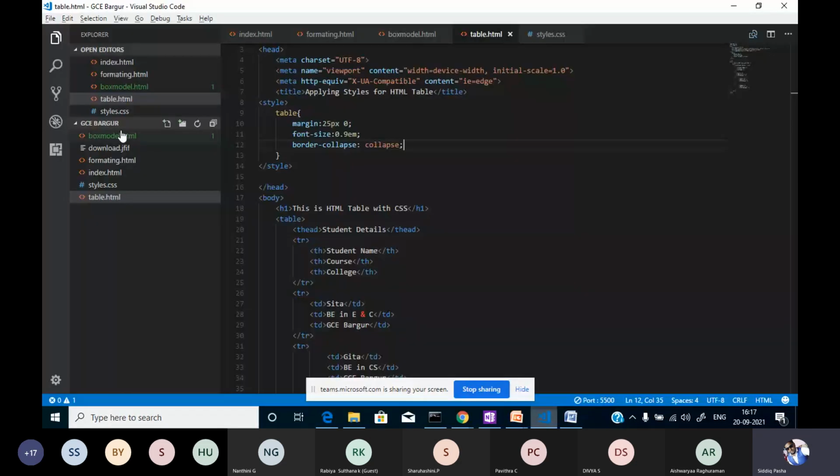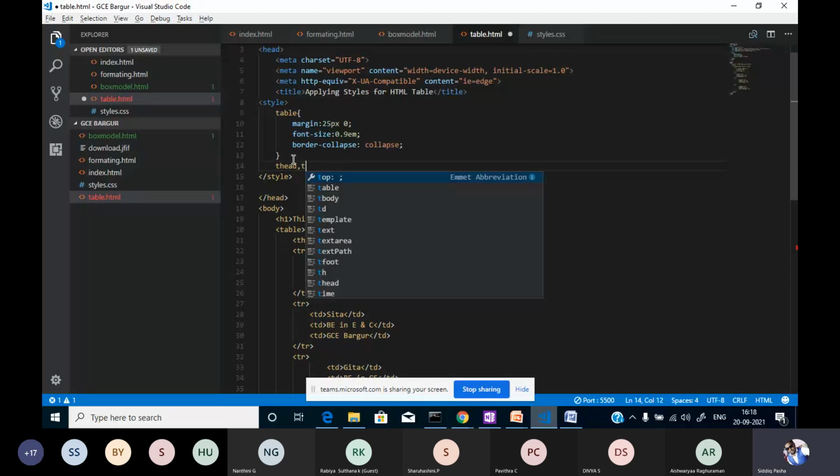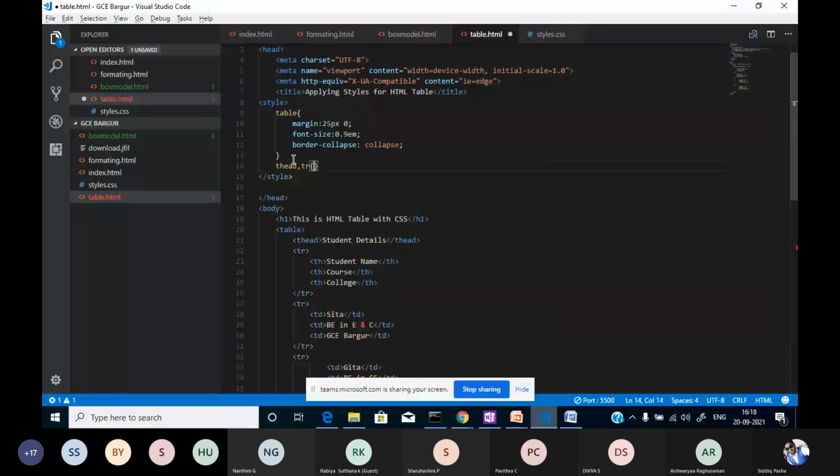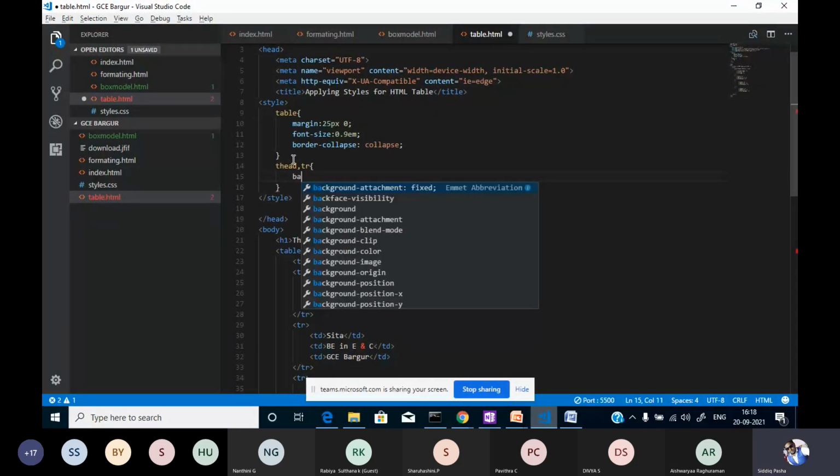Similarly, we will assign the style for this as well. Now we have table heading and table row, right? For those particular entries, we will add some styles for the table heading tag, thead, and tr. So I'm applying the styles here. Here I'm assigning some background color.